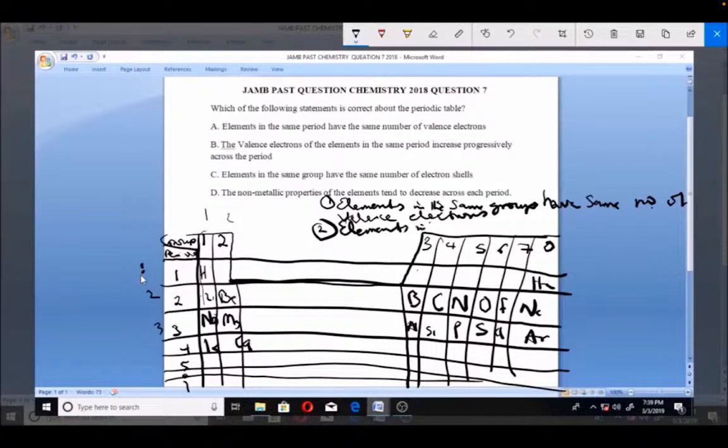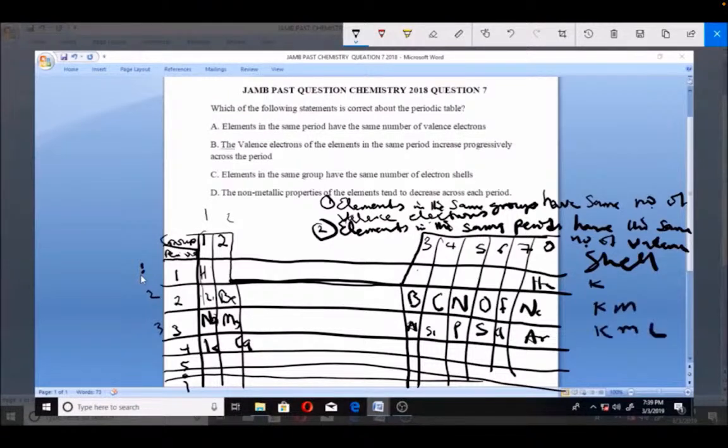Elements in the same period have the same number of valence shell, not electron, valence shell. Like this one, if this one has only K, this one will have only K and M, this one will have K, M, L. So the valence shell, that is, if you have something like